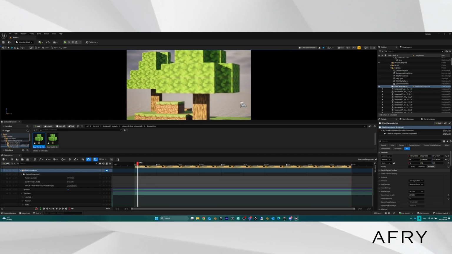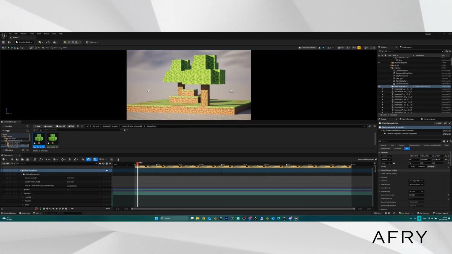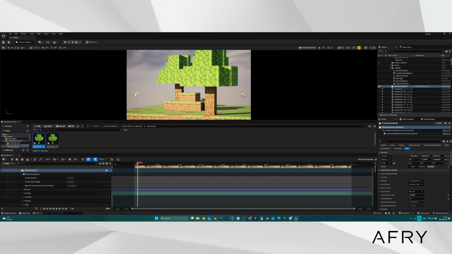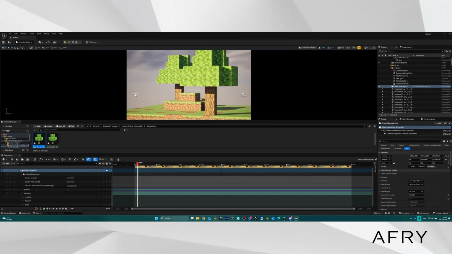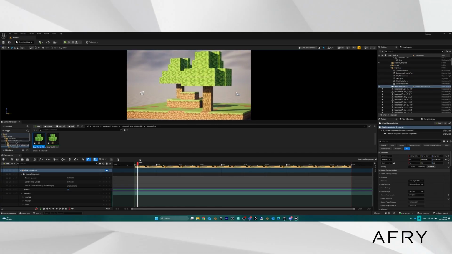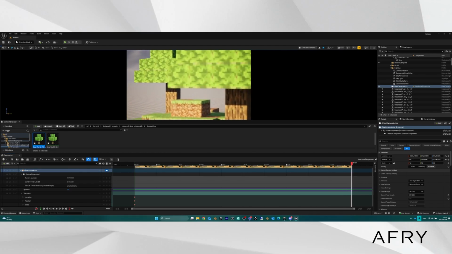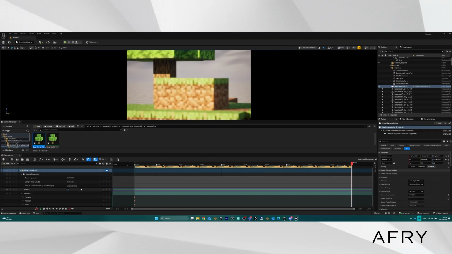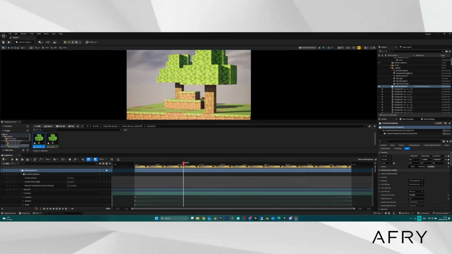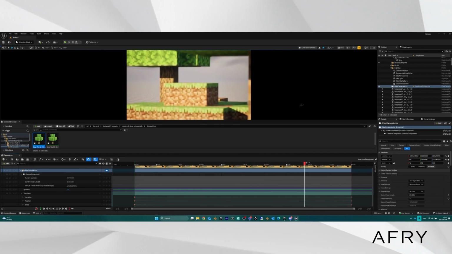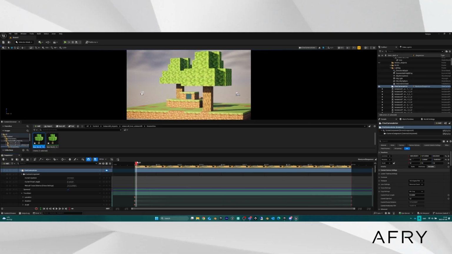Maybe if we want to just make this movement, but with some sort of handheld shake, as you might call it, then we will set our start keyframe and the end keyframe, maybe moving to here. And so now it's just this smooth movement, and if we want that to be a little bit jumpy, maybe